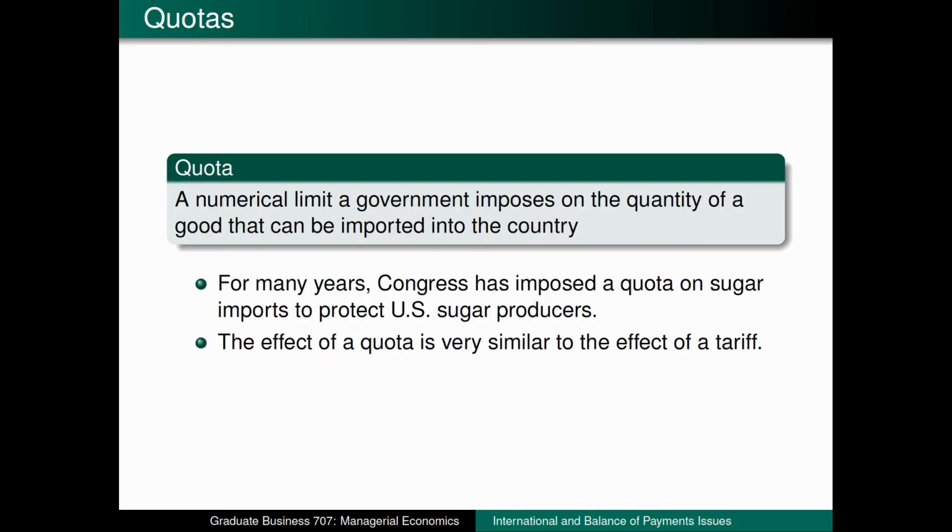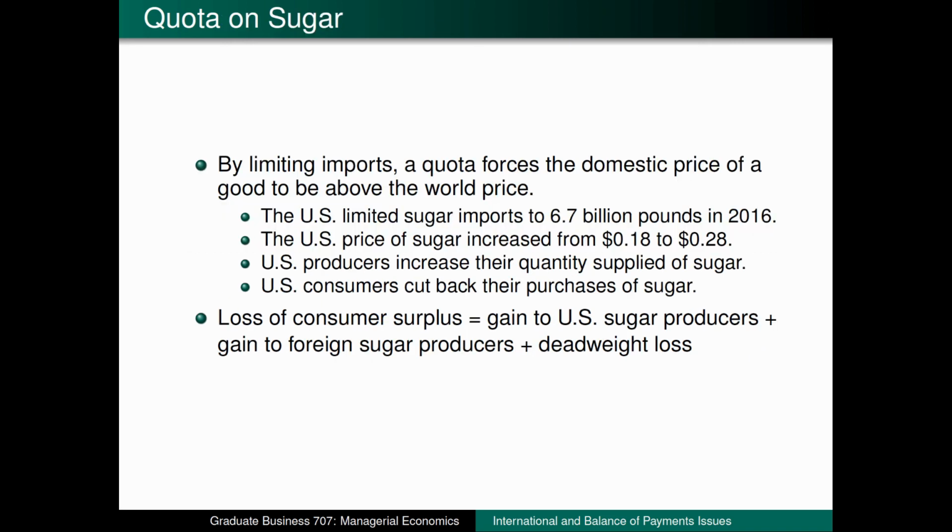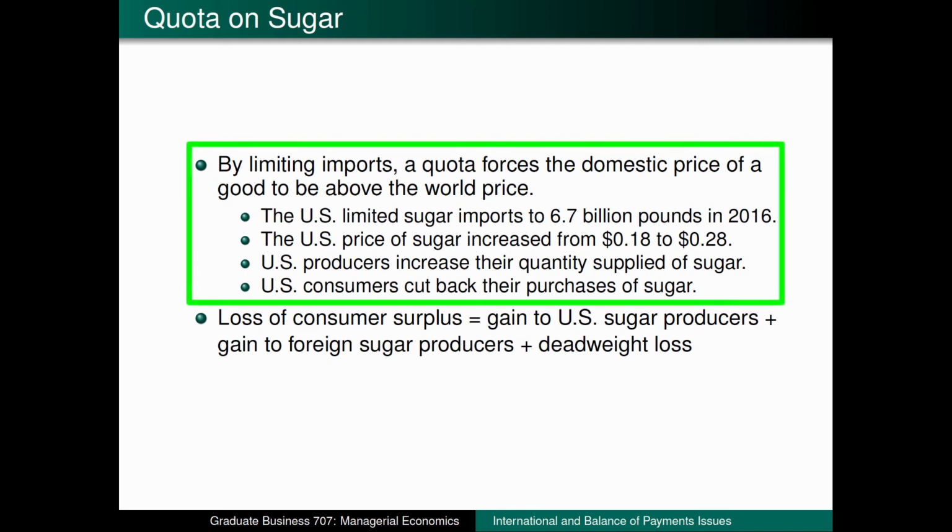Let's wrap up this video and the semester by taking a look at quotas, which has a similar economic impact as tariffs, although the process is different. Instead of the government raising the price by imposing a tax, now the government is limiting the amount of imports. A real-world example of a quota in the US is sugar. By restricting the amount of sugar we can import from the rest of the world to 6.7 billion pounds, the government is controlling the difference between quantity demanded by American consumers and quantity supplied by American companies.